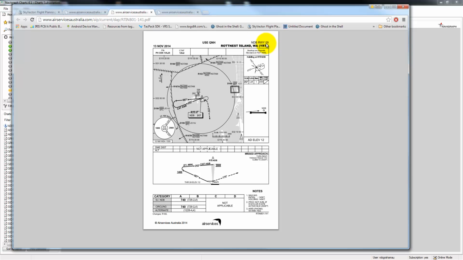So it's an NDB on runway 09, it's for Rottnest Island, Western Australia, and the ICAO code, the date it was issued, the FIA radio frequency, the local CTAF frequency, and then we get an over-the-top down view of the area, including the actual approach itself,